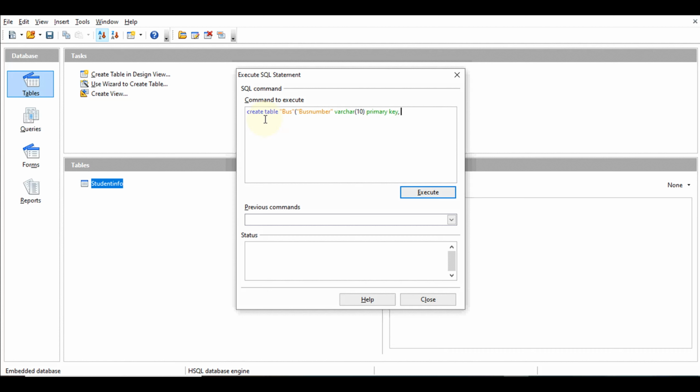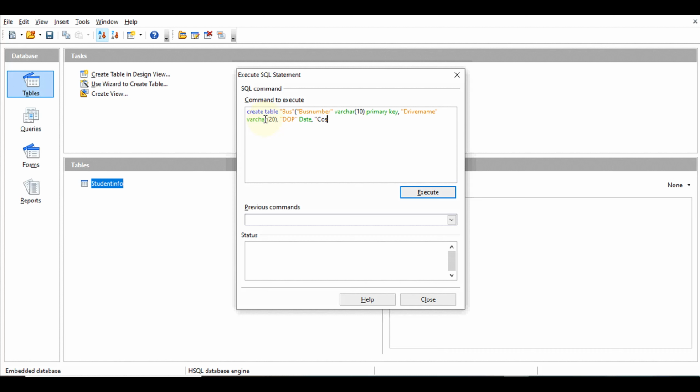Now thereafter next one is the driver name field. So driver name in the double quotes, and its data type is varchar. Length also is given, that is 20. Now after that next one is DOP. So DOP field name and data type is date, and thereafter next field is cost.